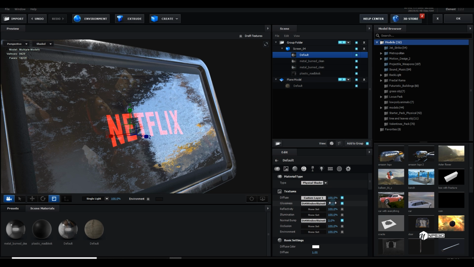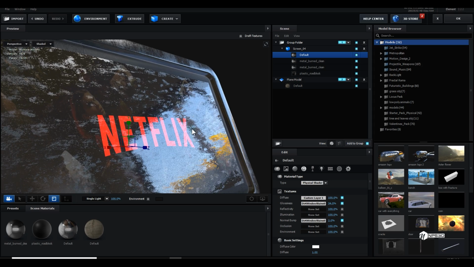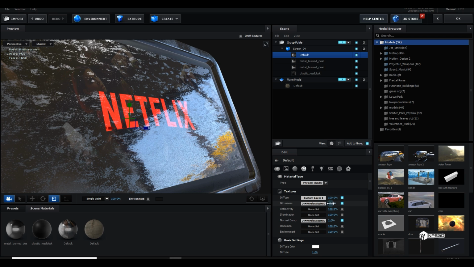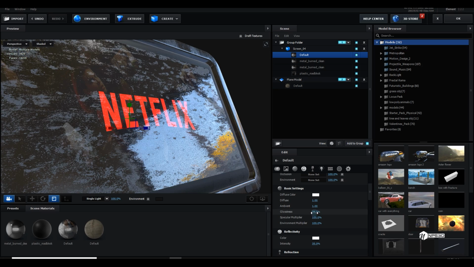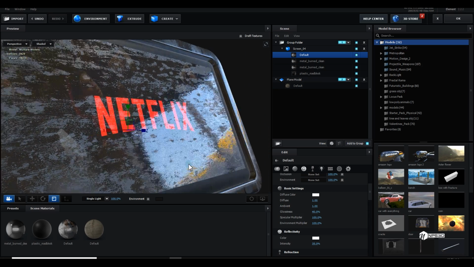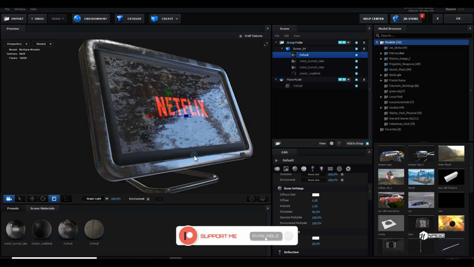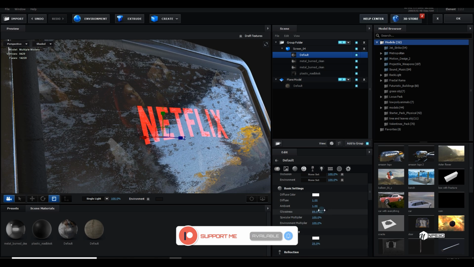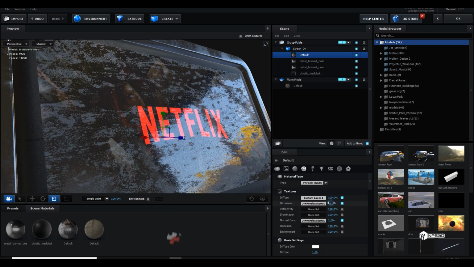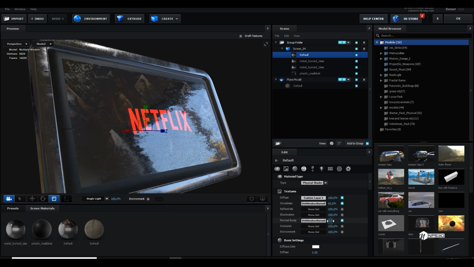And amazing, this looks crazy, man. And if I don't want too much of a reflection on this screen, I can increase the intensity of glossiness and bring the glossiness intensity down here. If I want, I can make it like this. You can see I can bring the reflection intensity down as well, but 25 looks good, and maybe like this. And you can control everything from here also.